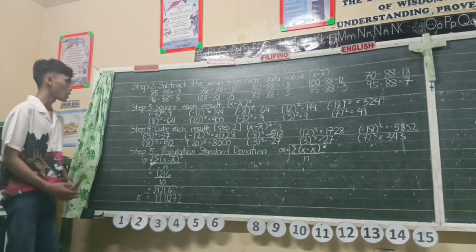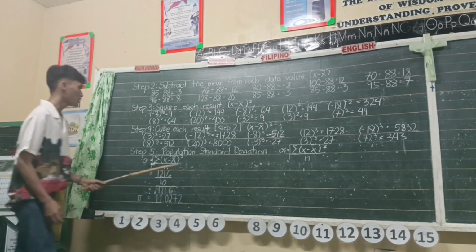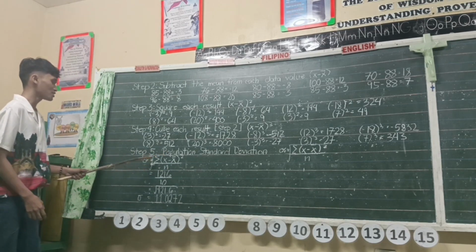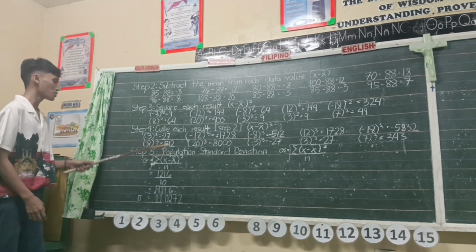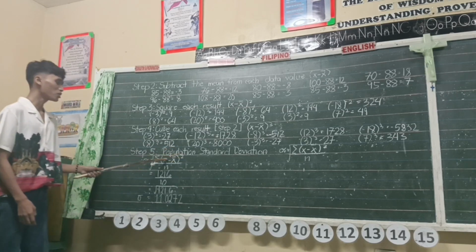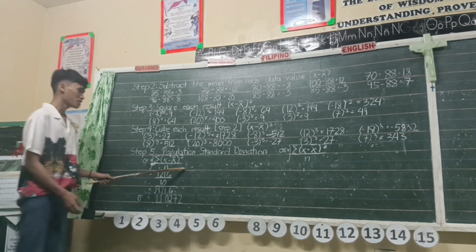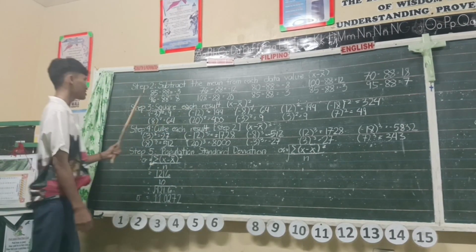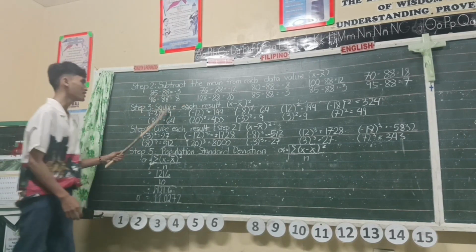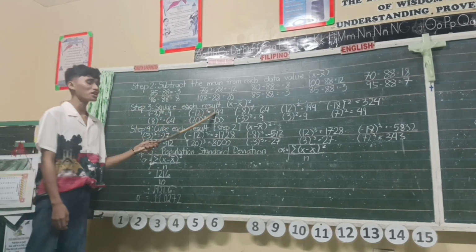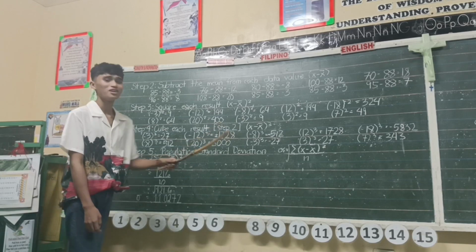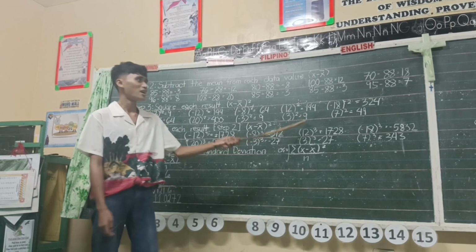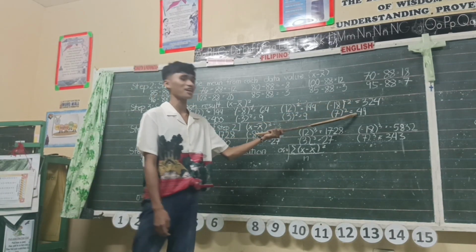So in step 5, the population standard deviation. Here is the formula: the population standard deviation is equal to the square root of the summation of the squared number of variables minus mean, over the number of population. And now, we're going to find the sum of the squared results in step 3. So first, we have 9 plus 64 plus 144 plus 400 plus 64 plus 9 plus 144 plus 9 plus 324 plus 49 is equal to